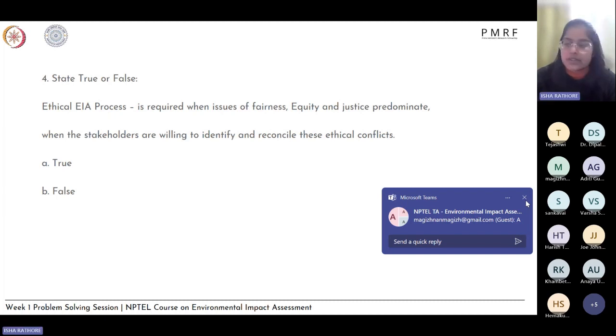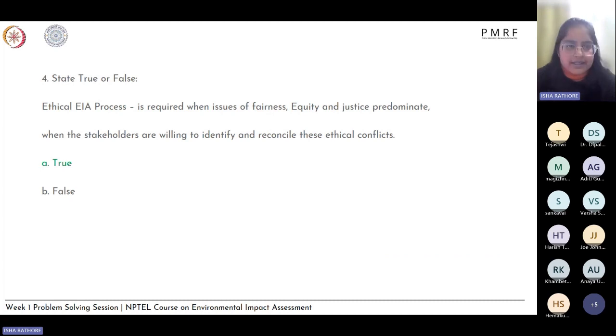A lot of truths. Okay, so the statement is true. Again, we will look up at ethical EIA process and how these issues are being dealt with, how fairness, equity, and justice are being incorporated in the EIA process, especially when the stakeholders or the parties involved have different opinions